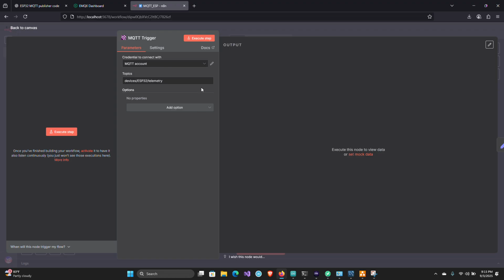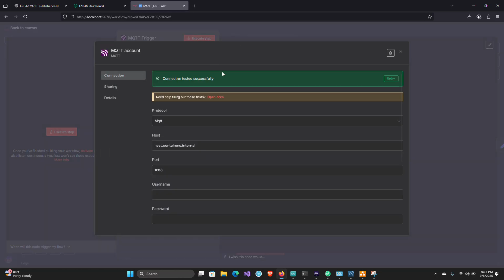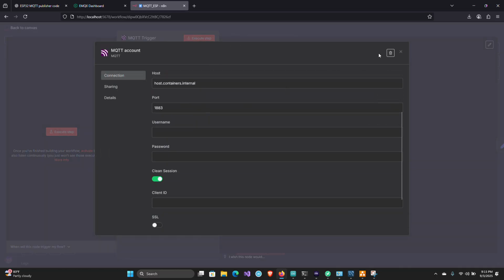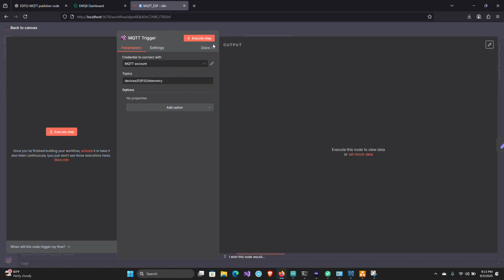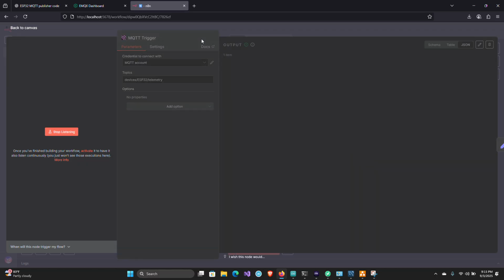This configuration will be like this. We just need to create the credential here. Okay, and then connect this, just to make sure that it is connected. Okay, we can try to get the data.